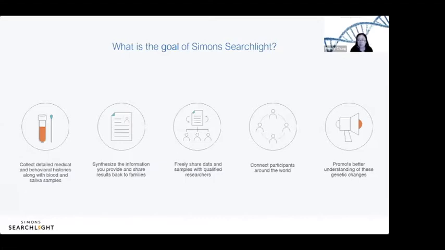The other thing I'll say is that you'll notice as I talk about this that all of the information is de-identified. What that means to me is that no one's name is associated with this. You'll see generally some information that says, for instance, how many boys, how many girls, what the age of people are that are participating. But again, you're not going to see any specific information about where someone lived or their zip code or anything like that.